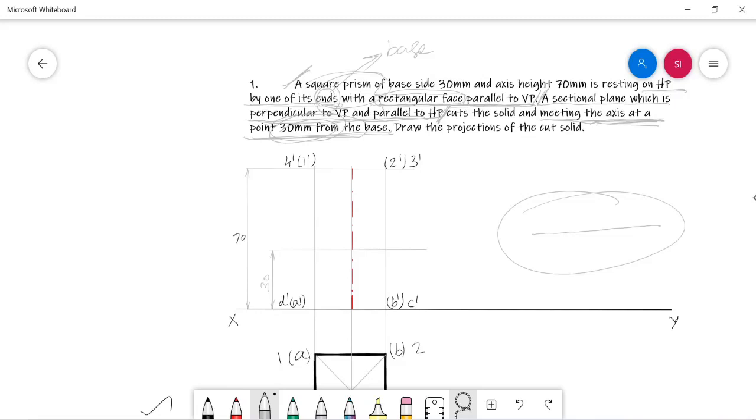Here I am going to draw the cutting plane as a straight line which is parallel to xy, because the cutting plane is parallel to HP. So in the front view the cutting plane should be parallel to xy. That cutting plane is going to meet the solid axis at the point 30 mm above the base.